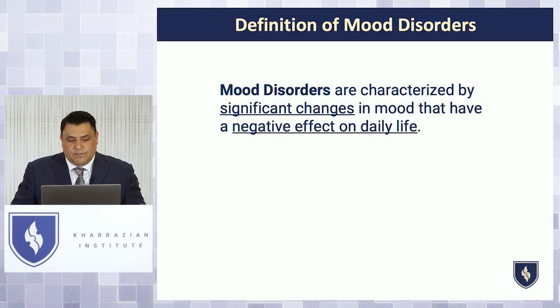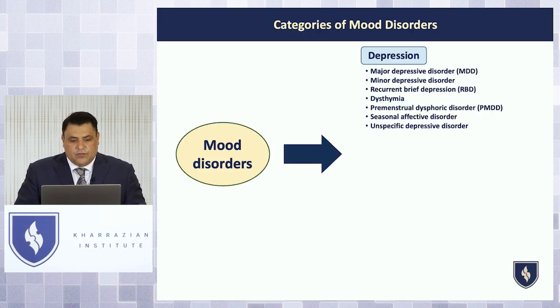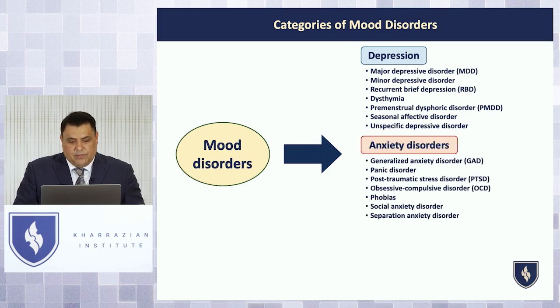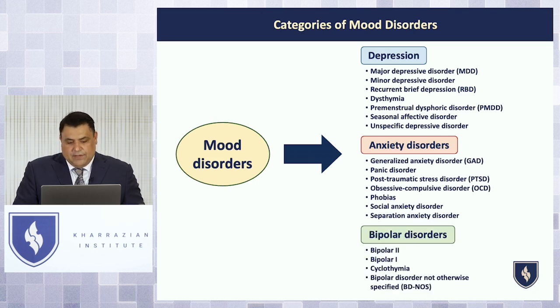We all have different changes of our mood. That's normal. But someone who just has a bad day and doesn't feel that well is totally different from someone who has depression and can't get out of bed, function, go to work, and do things. That's what we're really focusing on: the types of mood disorders that directly impact the ability to function properly. When you look at mood disorders, you can classify them as depressive mood disorders, with a subcategory of different ones. We'll go through those. Then when we look at anxiety, you can see a subset of different anxiety disorders,